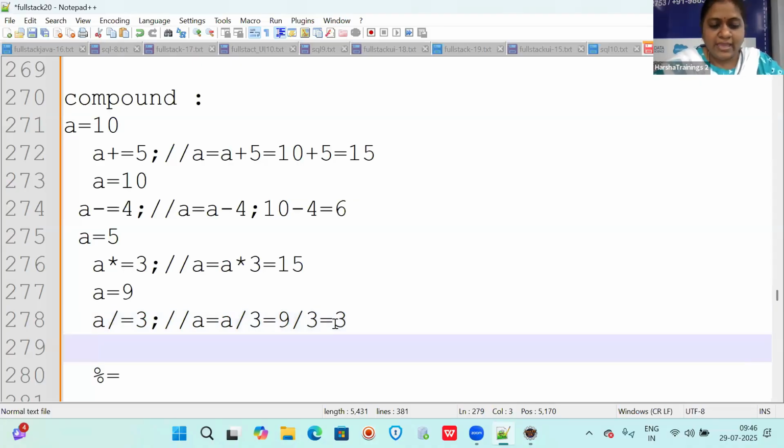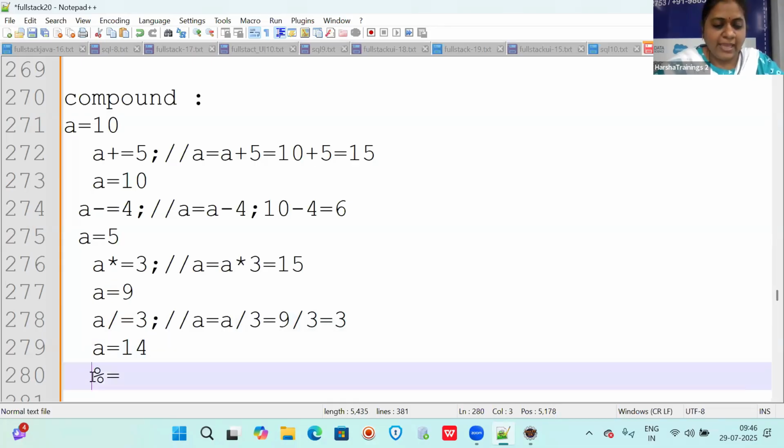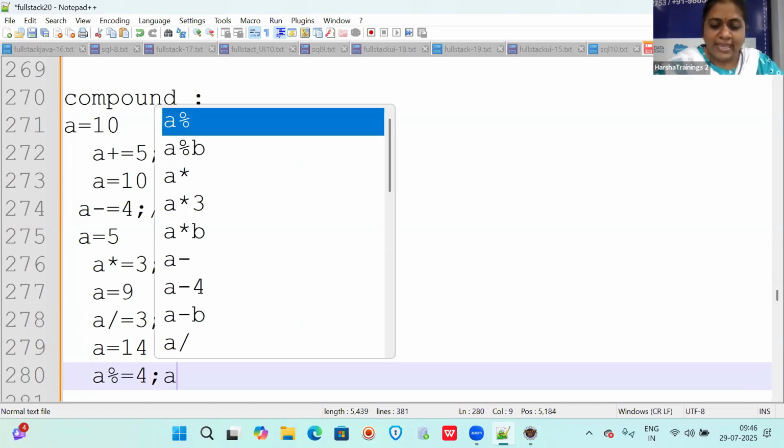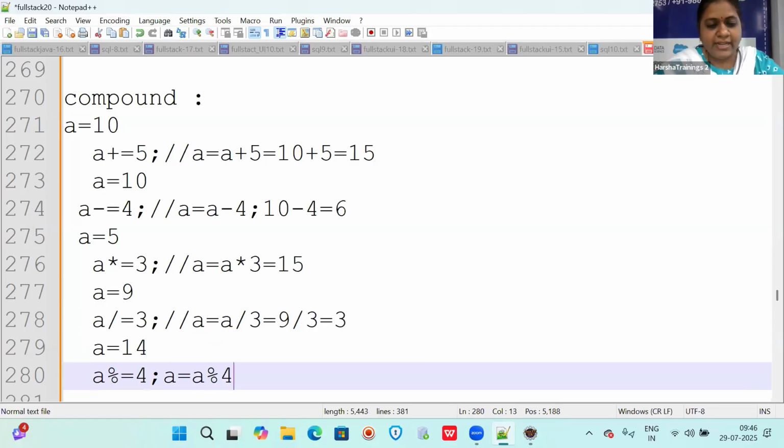And the last one, A is equal to, let us say, 14. Then A modulus equal to 4. If you write that, what will be the answer? A is equal to A modulus 4. That means how much? 14 modulus 4. How much? 4 threes are 12.